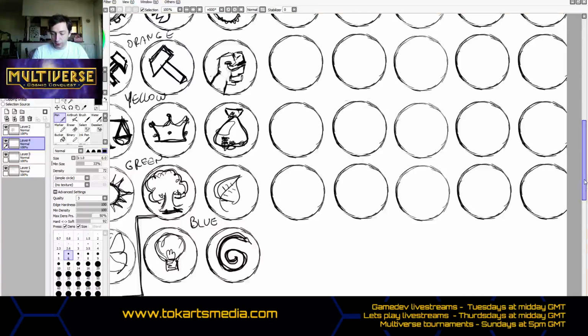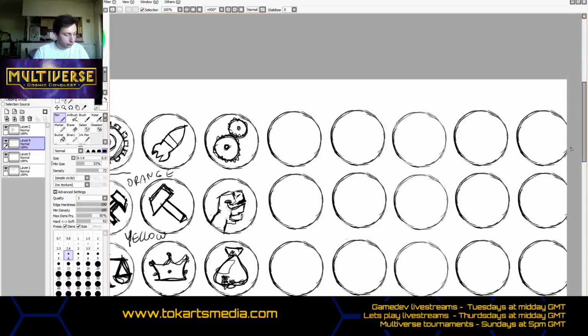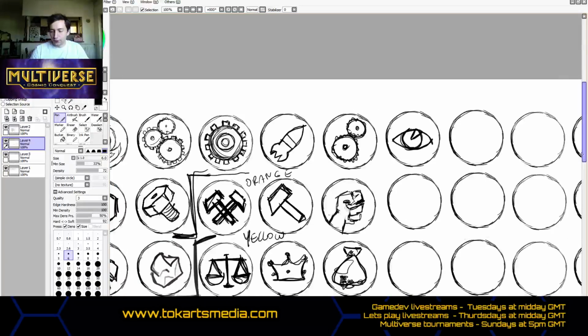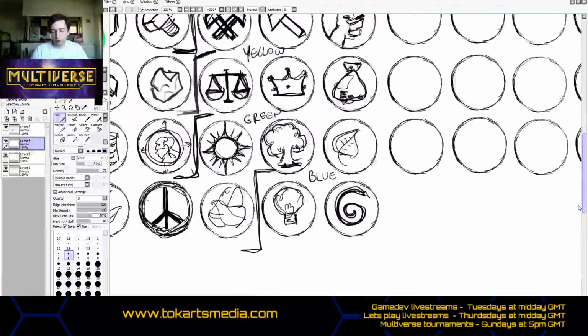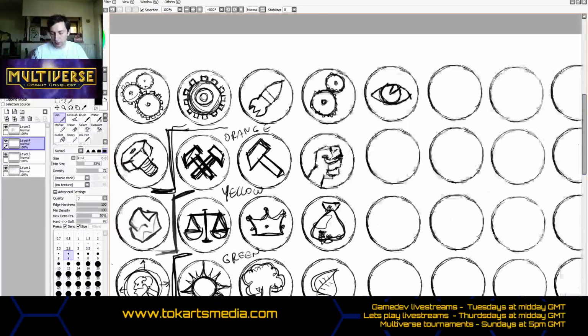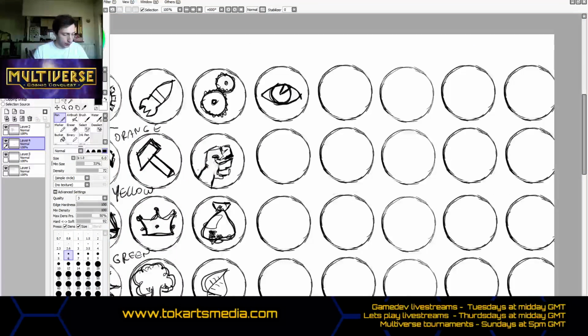It's really hard to represent thoughts and intelligence. Also, I drew an eye for observation. The symbol is the psychic symbol in Pokemon, which I don't think works exactly for our purposes, but I was just trying to figure what symbol would work best for blue, and neither of these works too well. Another one that I have drawn is a brain